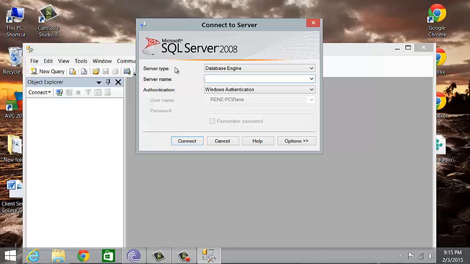Dot basically represents the default instance of a server, slash, and the server name, connect,